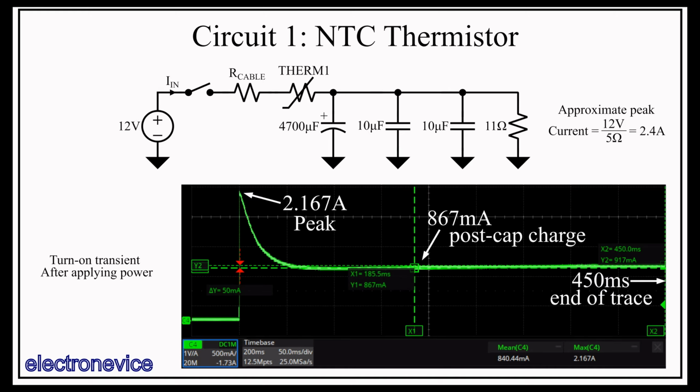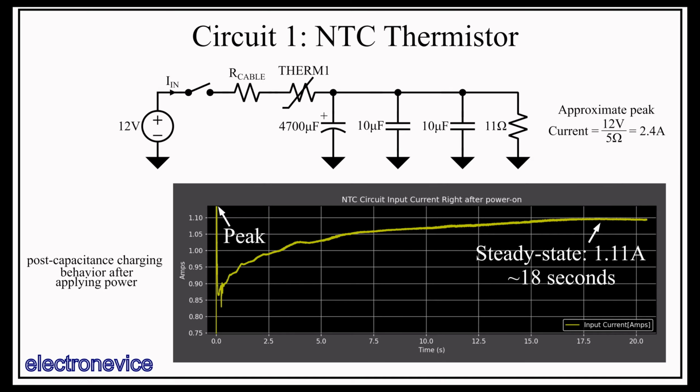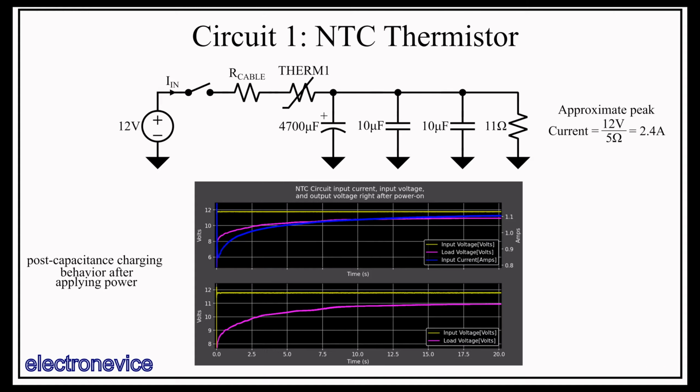I took this scope shot after shutting the system off and letting things cool down for several minutes for the thermistor to reset. I filtered and decimated the scope shot to make things much less noisy, as our bandwidth of interest is much smaller than the scope shot's bandwidth. Here we see that we reach a steady state current about 18 seconds after turn-on with a sort of asymptotic curve. For reference, here are the input and load voltages as well over that 20-second duration. We can see the voltage drop across the thermistor drops over the 20 seconds and sort of approaches close to